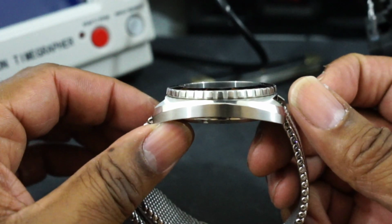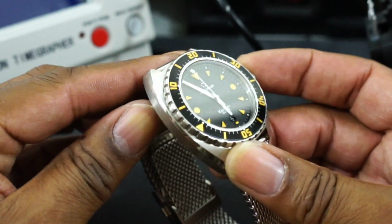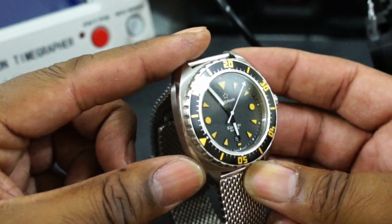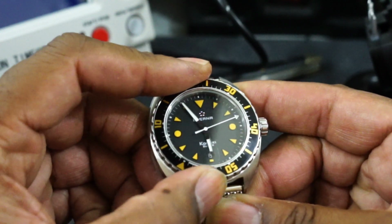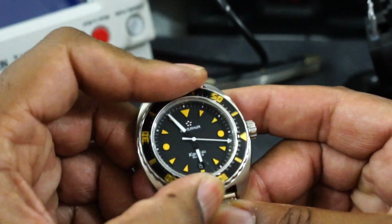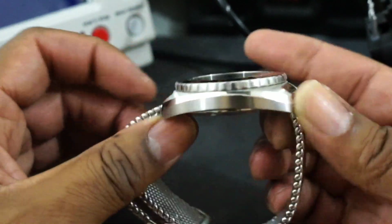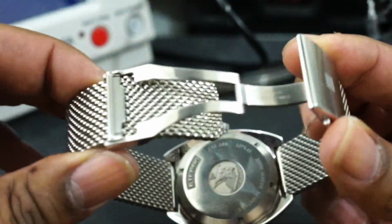anti-reflective flat crystal. Look how clear that is. Anti-reflective flat crystal, and it's hard to wash these Eternas out. They have so much anti-reflective coating put on the inside of there, it's just crazy. This bezel, listen to the detents. It's so sharp and precise. You have an aluminum insert in here, screw down crown, screw down back, 200 meters of water resistance, beautiful Milanese